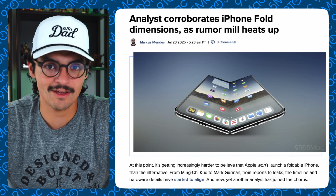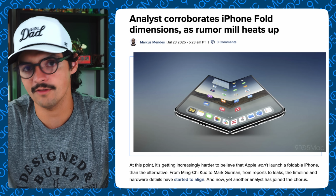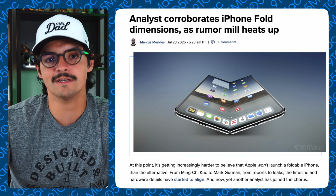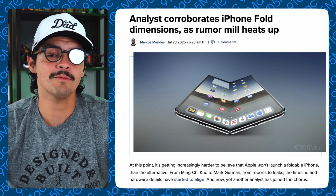But according to TrendForce and Ming-Chi Kuo, we do have some confirmation of the screen display sizes. So it's going to be a 5.5-inch diagonal screen on the front and then a 7.8-inch internal screen when fully unfolded. So this is going to be a competitor to the Z Fold and not the Z Flip. We're going to be getting this sometime in late 2026 apparently, and it should be coming with an OLED panel